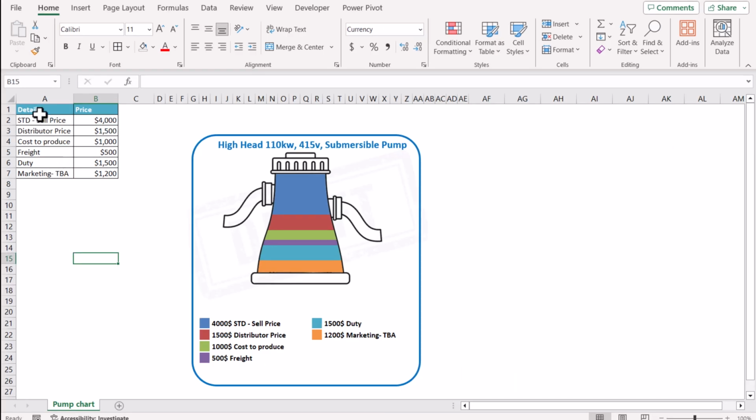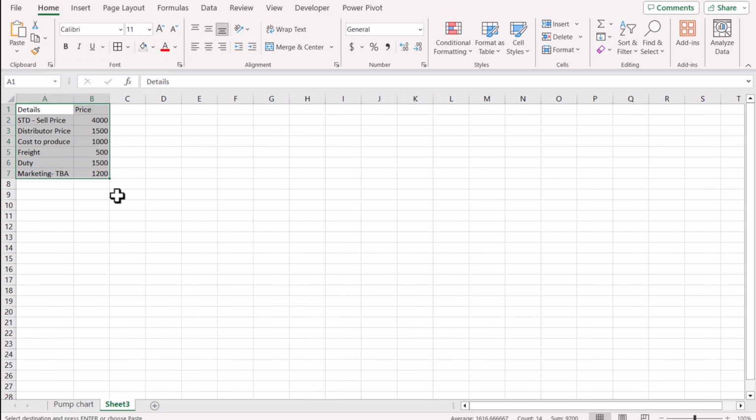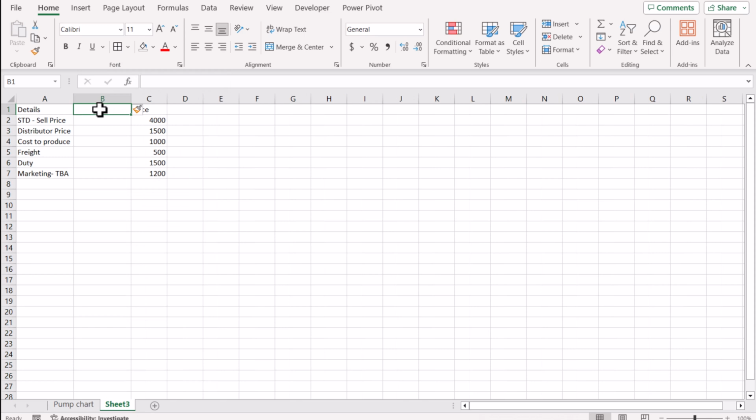In order to develop this chart, first we need to copy all of the data sheet, insert a new worksheet, and paste all of the data sheet. The next thing, we need to insert a new blank column in between. This column will be called the same as the detail, but we need to apply a formula, and this is useful